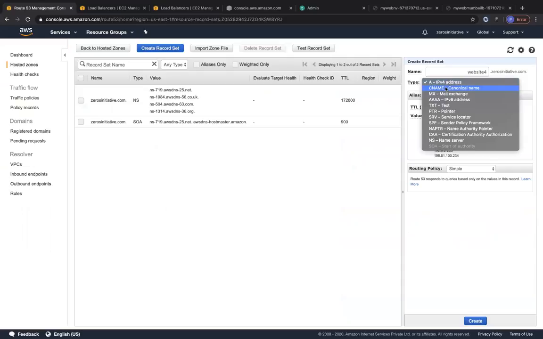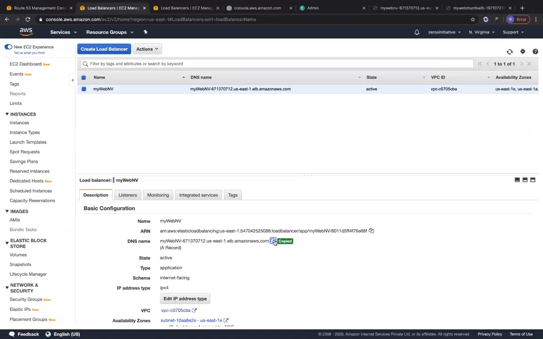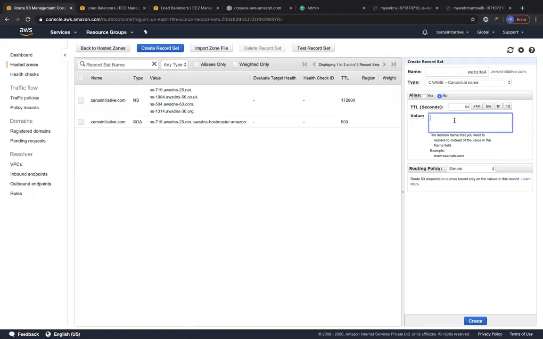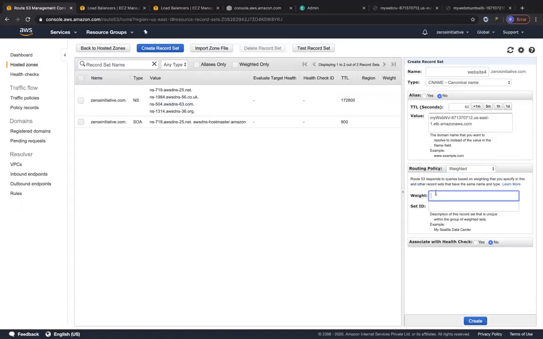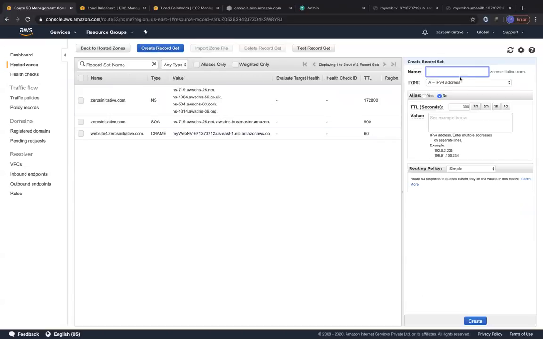And this time I'm going to go again with CNAME, wherein I can control the TTL. I'm going to go with the DNS name of the Northern Virginia region as the value. But this time I'm going to choose weighted. And with the weights, I'm going to go with somewhat equal weights. It takes a little bit of time to set this in. So let's go with a weight between 1 and 255 that we have to match, right? So we are going to go with 120 for the Northern Virginia, and I'm just going to call this NV. I'm going to click on create. And 255 minus 120 would be for the other one. So let's click on create record set.